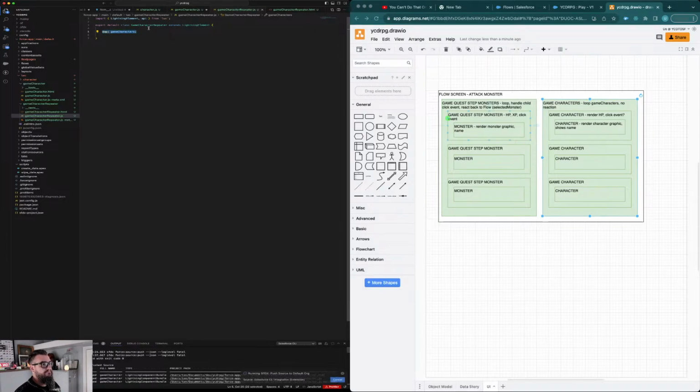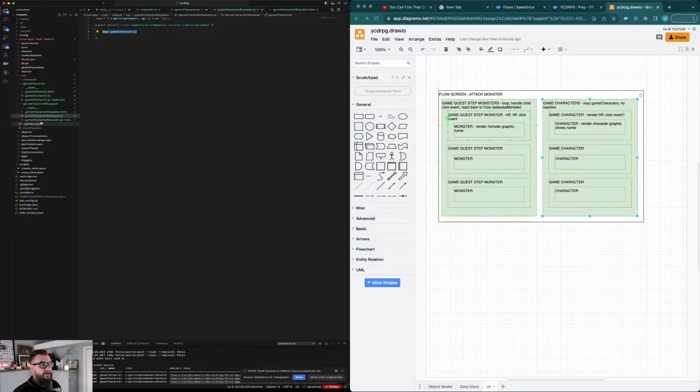So that one's pretty simple. We'll get into some styling eventually too, but for right now, that's going to be very, very simple. We have work to do on the metadata level here. We'll come back to that in a second. But for right now, we can just assume that if I send this a list of game characters, it's going to loop over them and pass the responsibility downstream to other components,